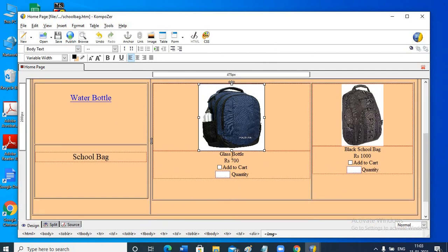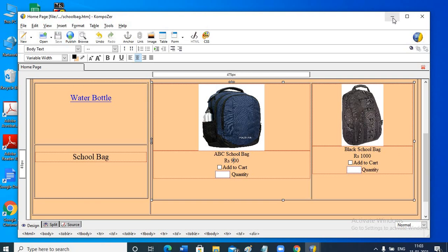So here the name also we'll have to change. It is ABC school bag. Here the cost is 900 for example. Rest all will remain the same. Only change the name and the cost and then save the file.